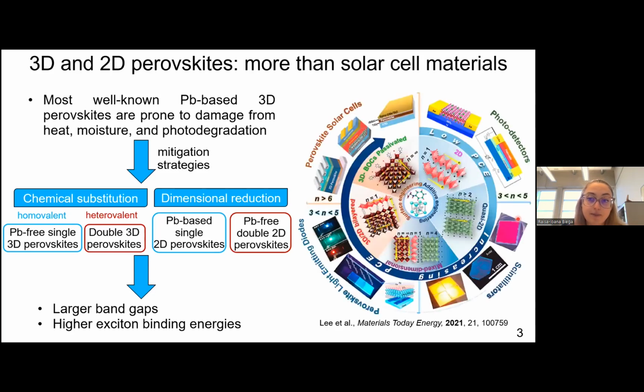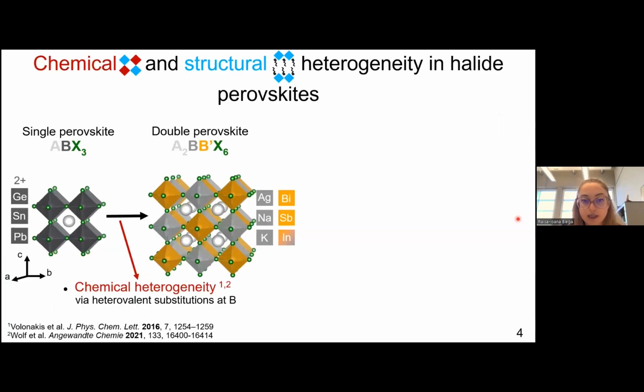But perovskites are not used only for solar cells, so they are still interesting materials. We can still use them for LEDs or photodetectors, and they are still a very interesting class of materials to be analyzed. So what I'm interested in is double perovskites, 3D and 2D, but those have a lot of heterogeneity